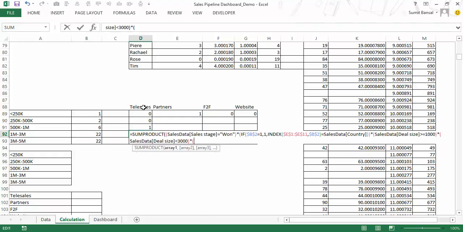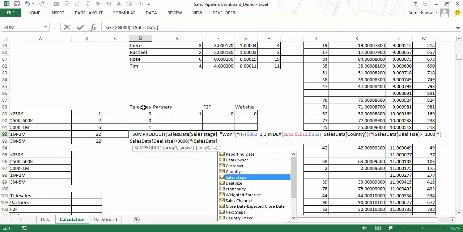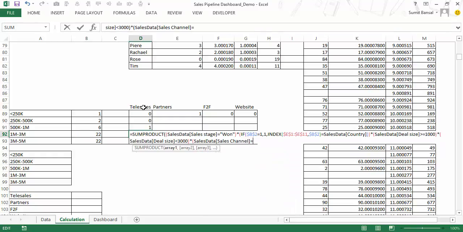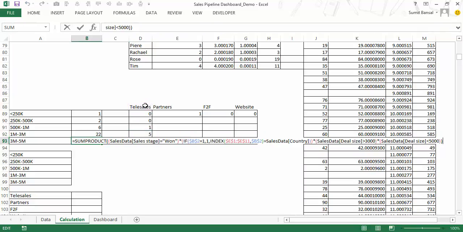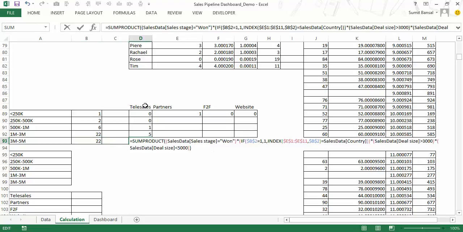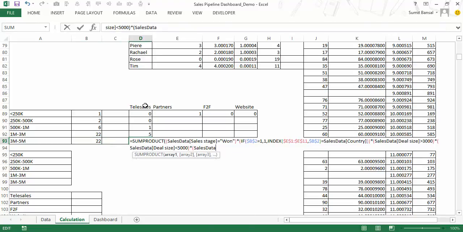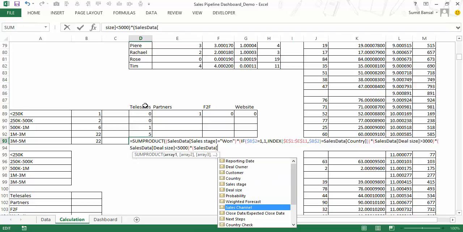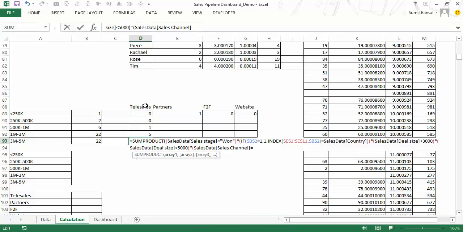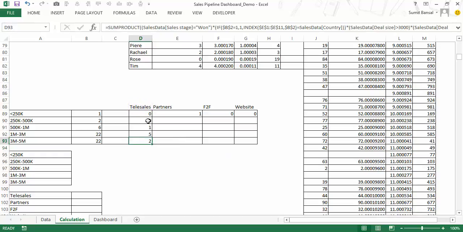This multiplied by sales data, sales channel is equal to this, F4 twice, and copy this. Copy this, paste it here, multiply sales data, sales channel equal to telesales, F4 twice, and it's done. Now all I need to do